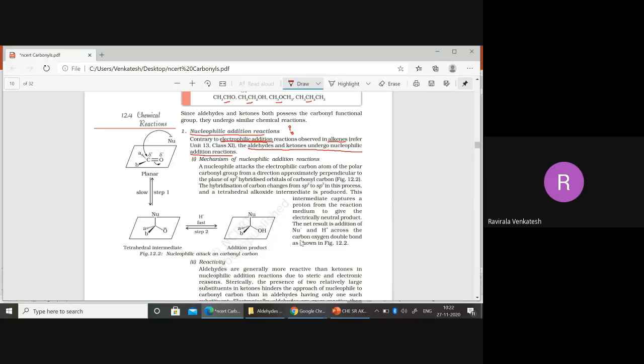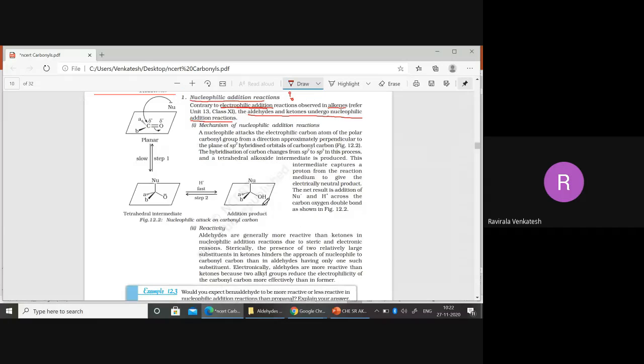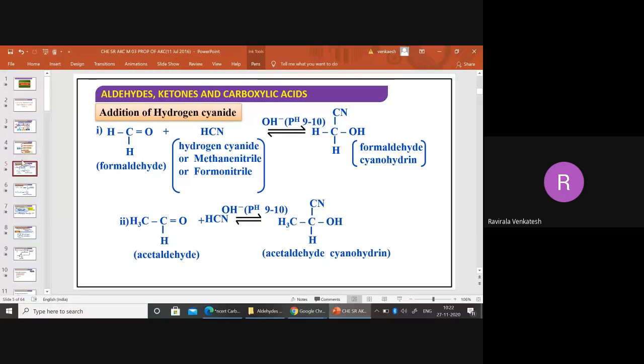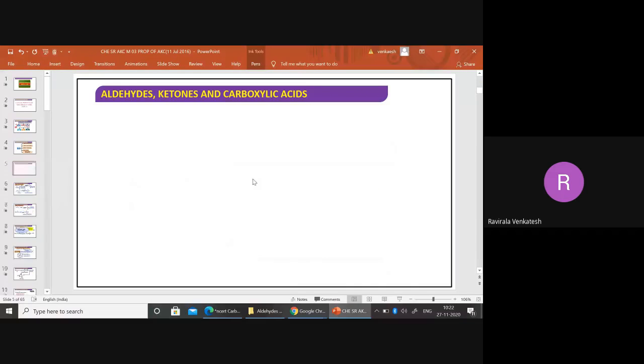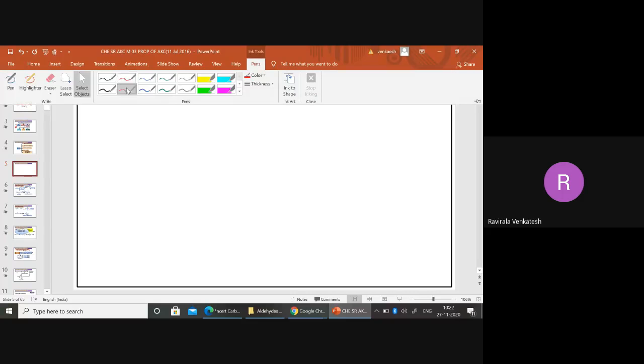The reason behind this one? Why are they having this type of reaction here? How is it happening here? So in that case, I will take a slide here so that I can explain nucleophilic addition reactions. Now, if I see what happened, I'm taking an aldehyde, a carbonyl compound, like this,